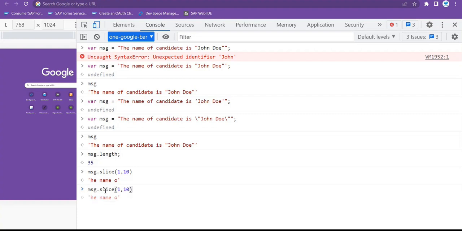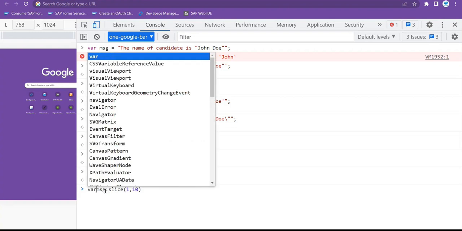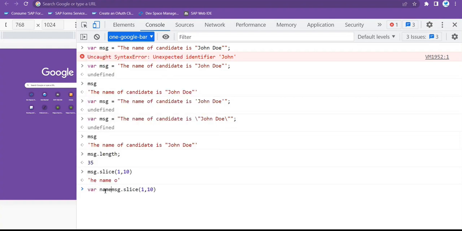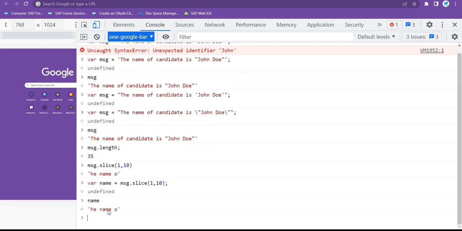If you want to store this piece of string, you can also store it in one variable. Like you can add var name. So the logic that you have written, msg.slice(1, 10), whatever value it returns will be stored in name. If I type name, you can see that value here. Okay, so at least you got it how to